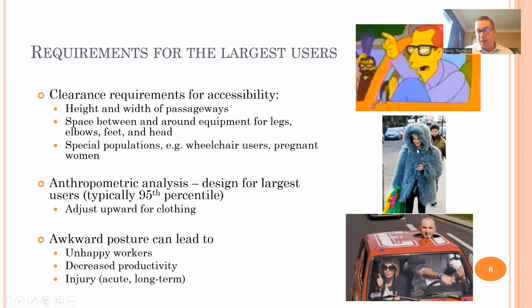Additionally, clothing matters. So usually with anthropometric data, you're assuming minimal clothing or no clothing. And obviously in almost all contexts, humans are operating in a work environment with clothes on. And that clothing can have certain thicknesses, and it can reduce maneuverability, dexterity, on the fingers, for example. If you're wearing gloves, that's a big issue for a lot of the research I'm doing currently. So you have to consider that. So in some sense, you may start with the anthropometry and make sure you add on the worst case scenario